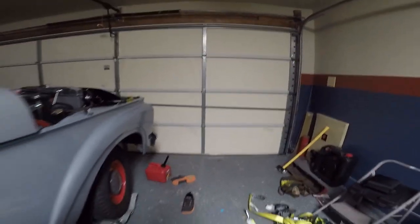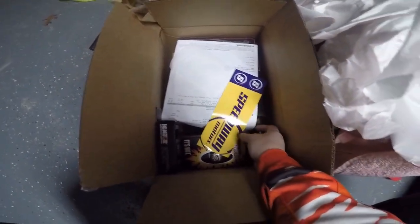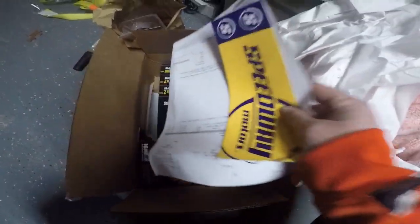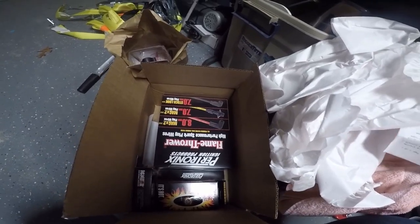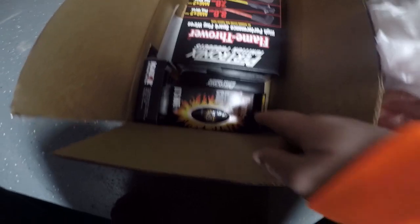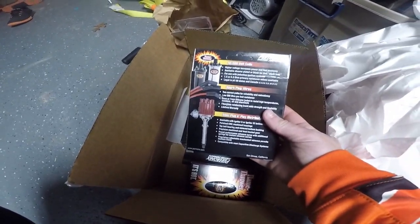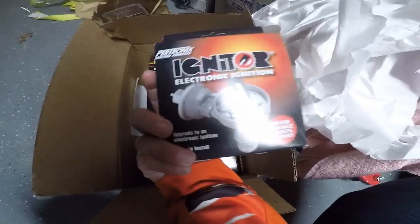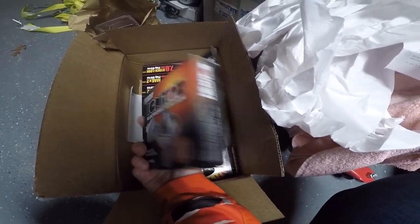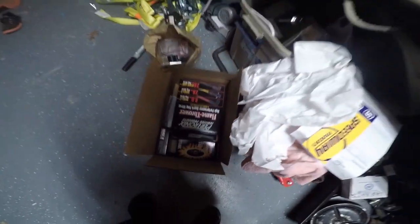So, all right. Let's see here. This little box of fun. Speedway. All right. I'm struggling with the points on my F100. So I went and ordered a couple days ago. I ordered a new coil, a Pertronix ignition system for the F100, and then I bought new wires too,